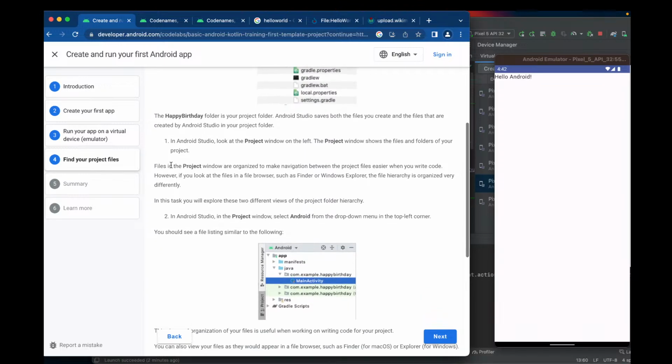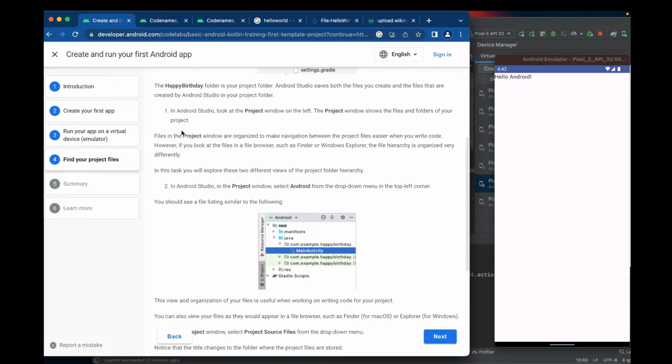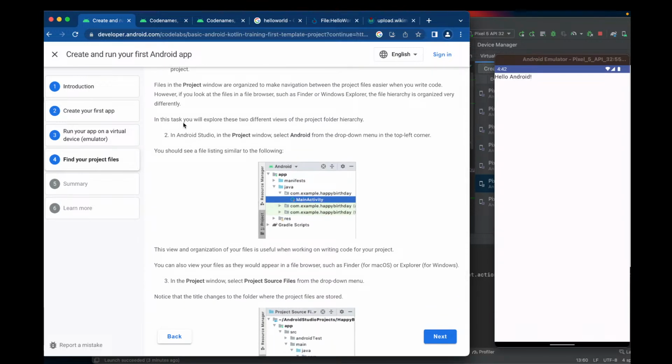Android Studio saves both the files you create and the files that are created by Android Studio in your project folder. In Android Studio, look at the project window on the left. The project window shows the files and folders of your project. Files in the project window are organized to make navigation between the project files easier when you write code. However, if you look at the files in the browser, such as Finder or Windows Explorer, the file hierarchy is organized very differently. In this task, you will explore these two different views of the project